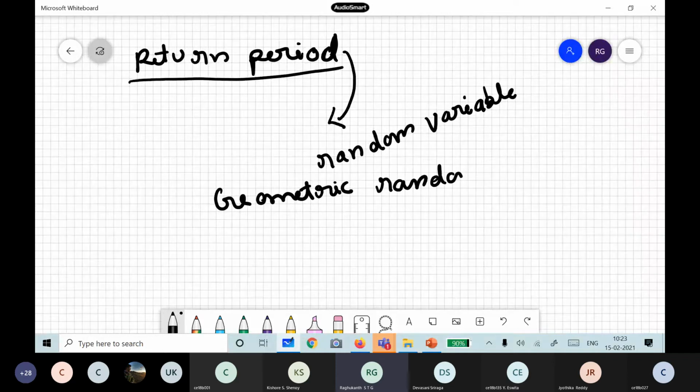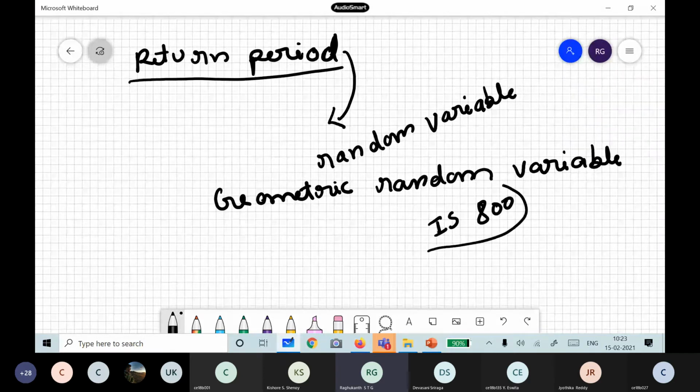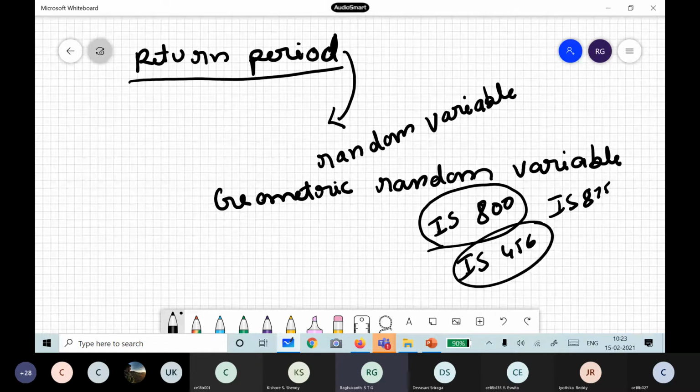And what is the speciality of return periods? See, why this concept of return period comes is like, I will design my structures as per IS code. Like steel structures, I will follow IS 800. For calculation of dead loads, I will use IS 875. All those things I will do. Or if I want to design RCC structures, I will follow IS 456 actually. I will do the design.